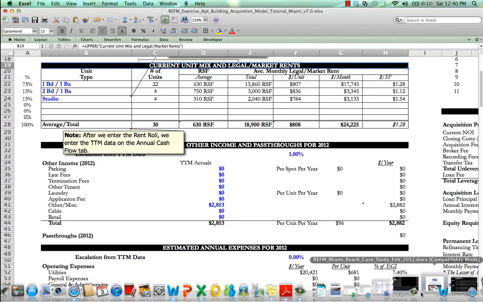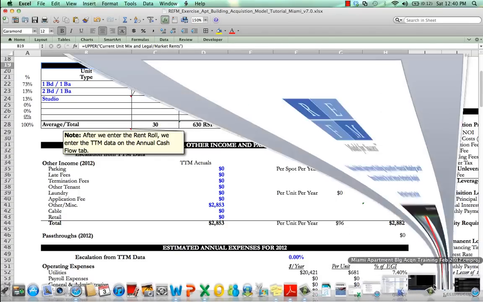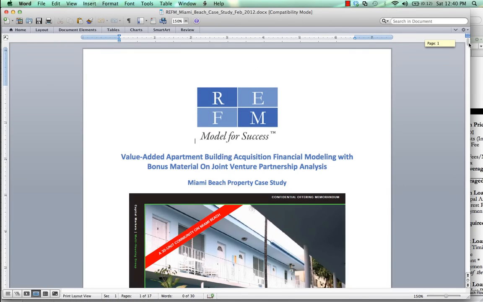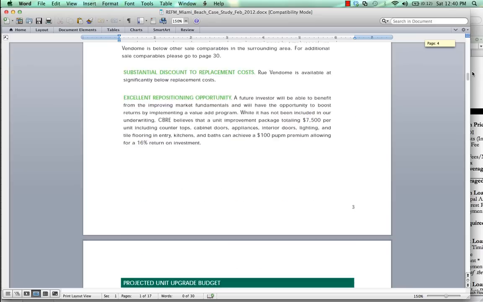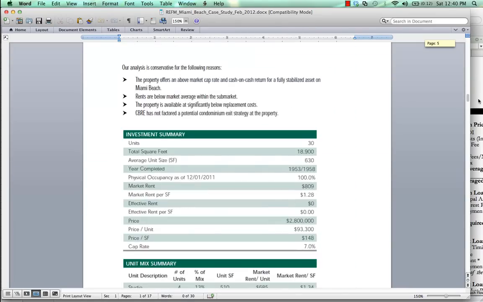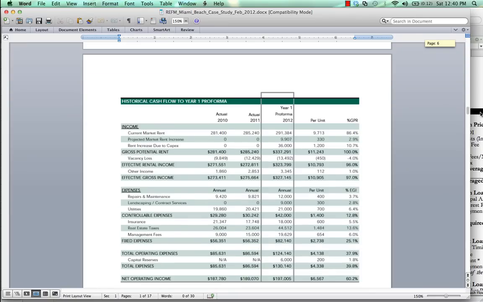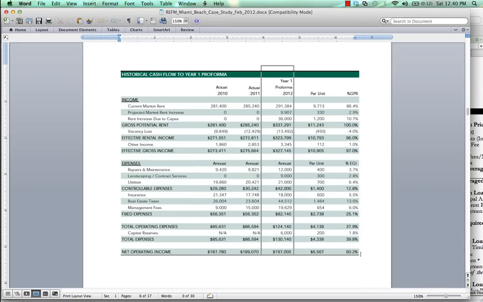where that data is in the offering memo. So I'm going to scroll down here. Okay, and so this is on page 6 of the offering memo. We see the historical cash flow to year 1 pro forma. So the actual for 2011, these values here are what we are going to use as our trailing 12 months